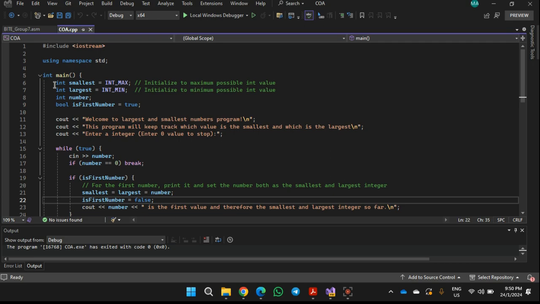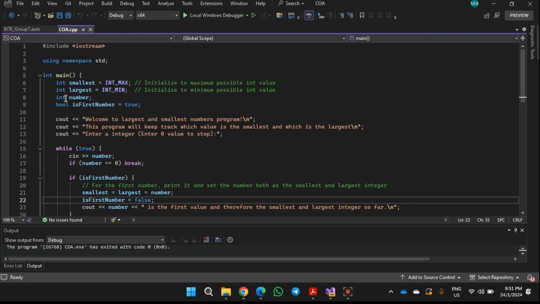Let us examine how this logic is constructed in C++ and how we approach the translation into MIPS assembly. As you can see on the screen, this is the C++ code for the program loop. For the initialization, the program begins by initializing two integer variables, smallest and largest, to the largest and smallest possible integer values respectively. This is a setup to compare and find the actual smallest and largest numbers from the